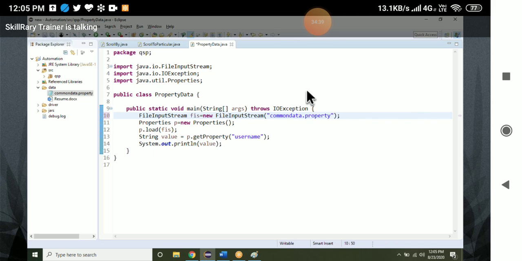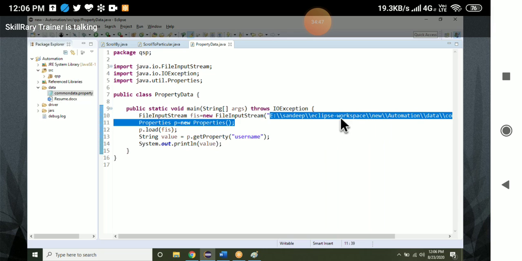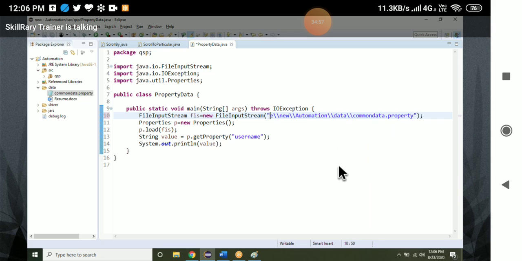Let me show you the absolute and relative path. This is the absolute path. I am using this workspace, and you will be using different names for the workspace, so it will work only on my system.